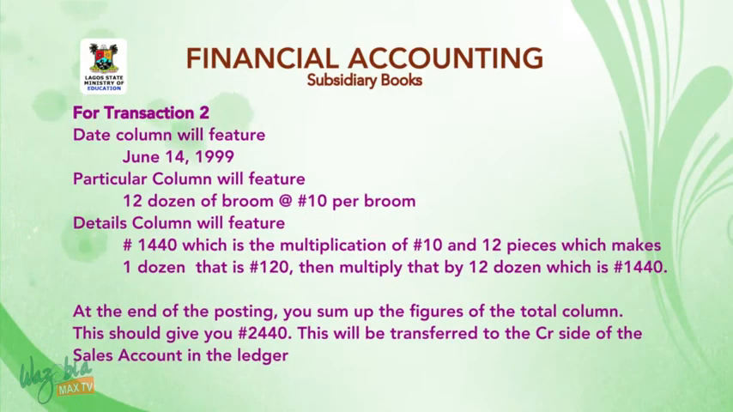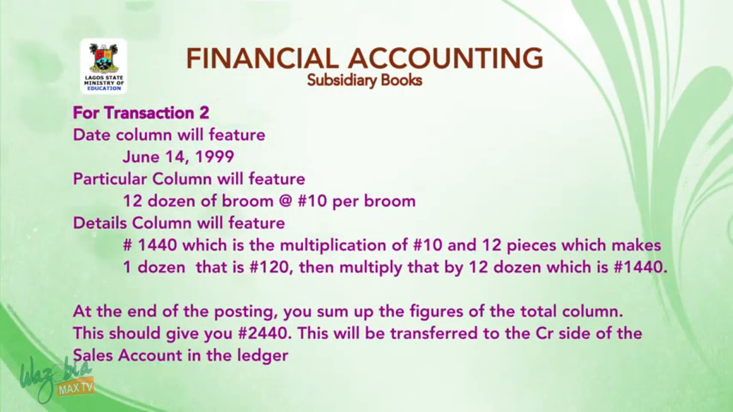For transaction 2, date column will feature June 14, 1999. Particular column will feature 12 dozen of broom at 10 naira per broom. Details column will feature 1440 naira, which is the multiplication of 10 naira and 12 pieces, which makes 1 dozen. That is 120 naira. Then multiply that by 12 dozen, which will give you